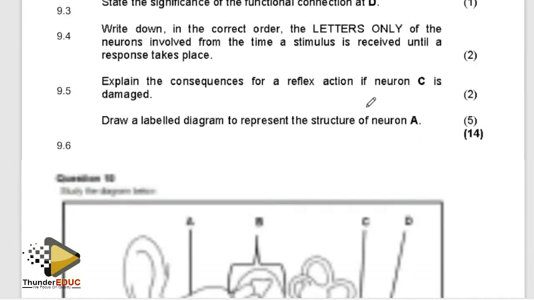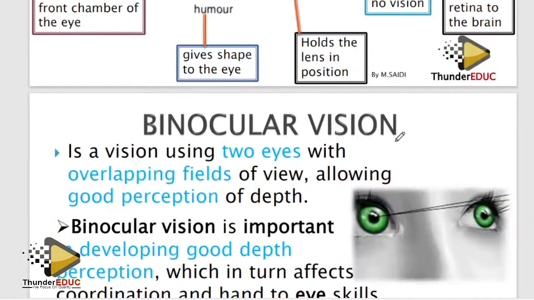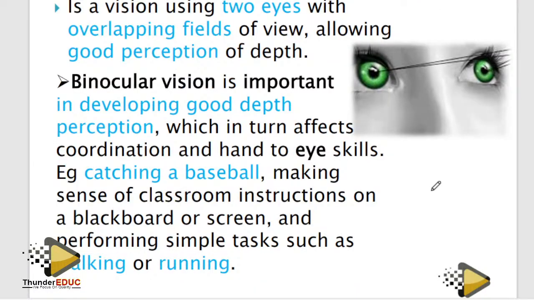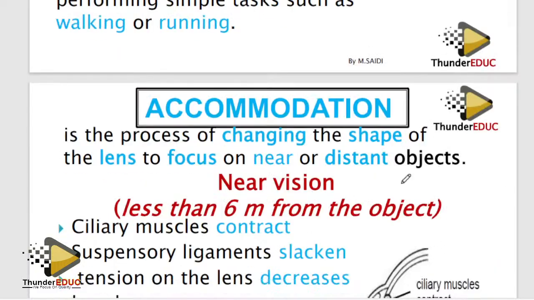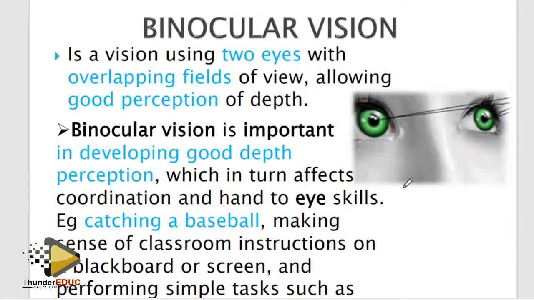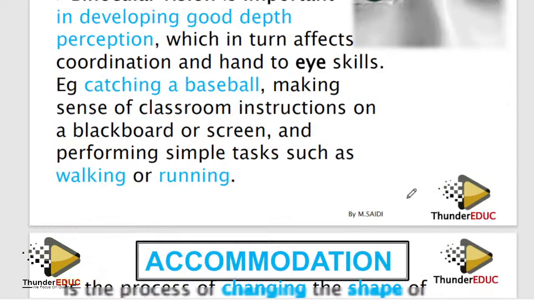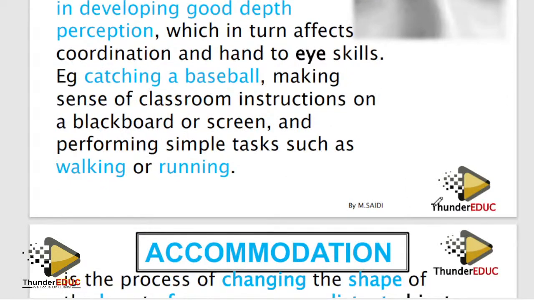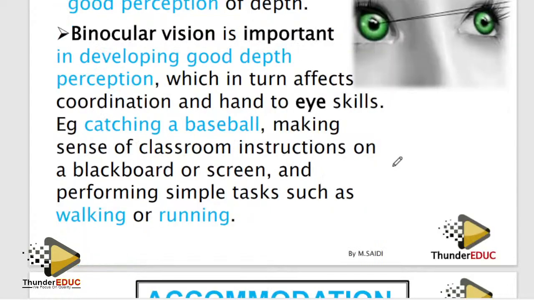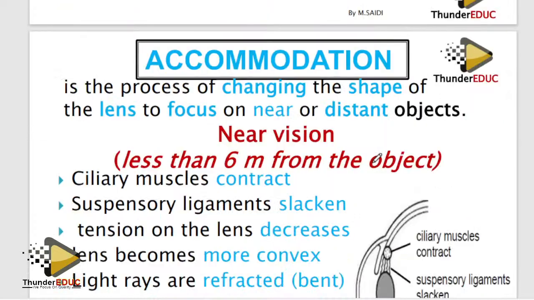Guys, I'm saying, okay, the ear. Let's go back to the eye. What are you supposed to focus on here? Look at the pupillary mechanism. Students confuse this, and I don't know why. The pupillary mechanism is the ability to see in dim and bright light. Accommodation is the ability to see near and far objects, meaning the lens is changing shape. While binocular is the ability to see with the two eyes. So I think now I'm clear.